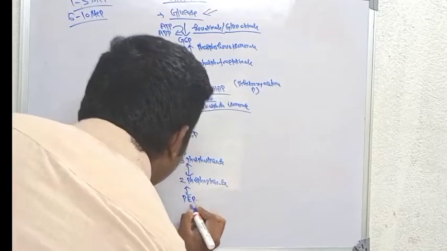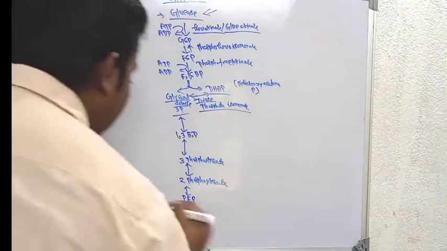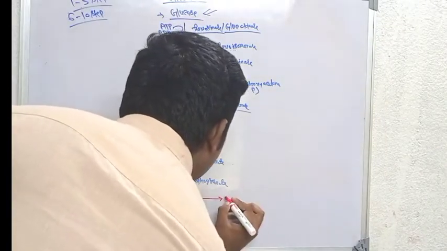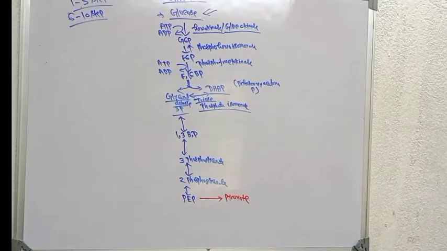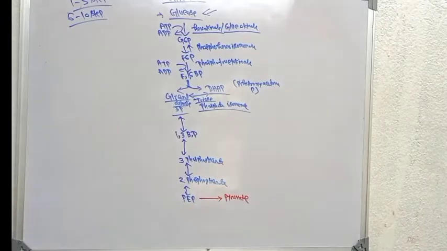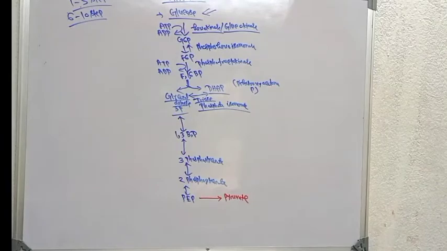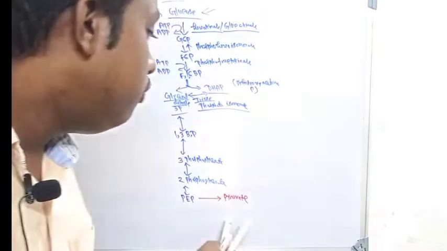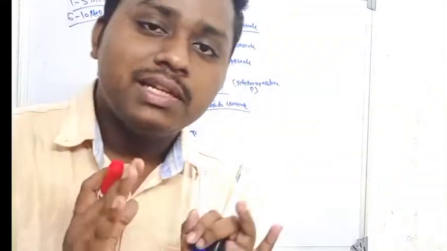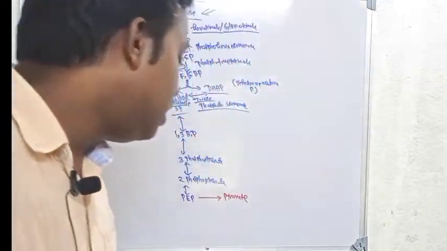Phosphoenol pyruvate, in short form PEP, is converted into pyruvate, the last product of aerobic glycolysis. Remember that in the presence or in the absence of oxygen, pyruvate production occurs. But in the absence of oxygen, in case of anaerobic or hypoxic conditions, this pyruvate is